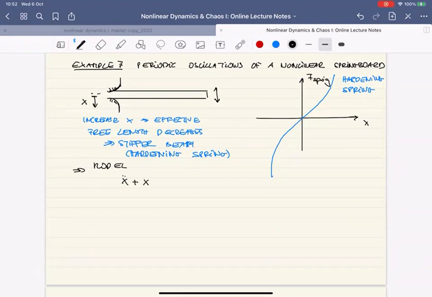If this is a perfectly linear structure, it would take a long time for this to die out. And I just want to roughly understand the short-term behavior. Therefore, for a while, I ignore the damping. So this is essentially a linear oscillator at this point. But what I don't want to ignore is the fact that I have a hardening